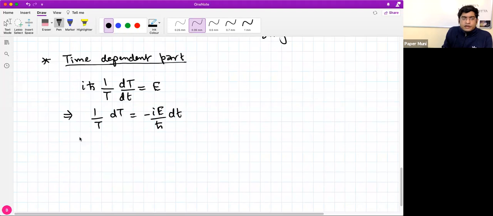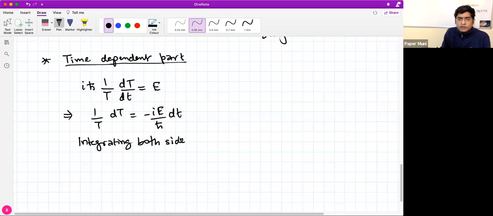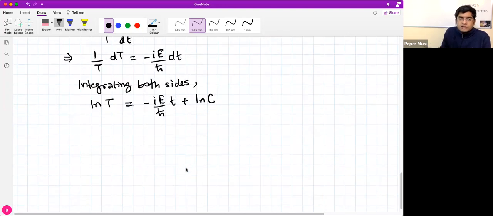So integrating both sides. Now I am doing this derivation because I'll do those derivations where questions are being asked which involve the derivation part. Okay, so this is one of them. So integrating both sides of the above equation, what we get is ln T, which is natural log T, equals minus i E by h cut times t, plus ln c. Now log is introduced in the constant to facilitate a simpler, clean looking equation.